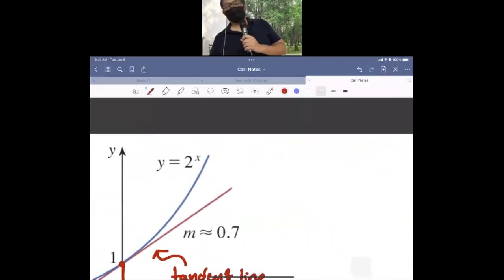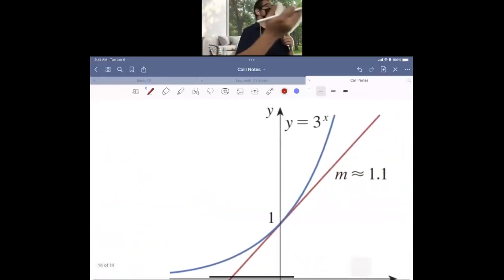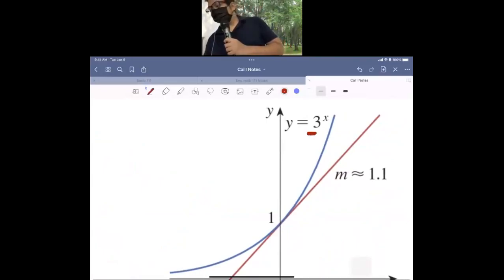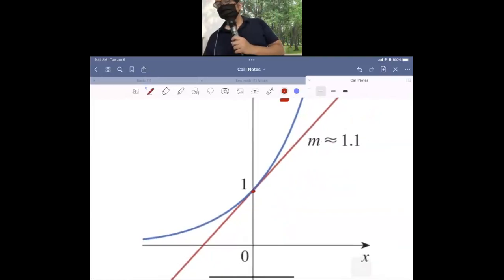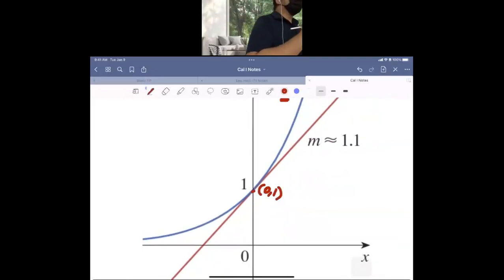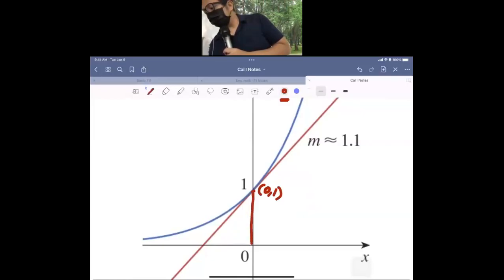And that is for this 2 with power of x, okay? And then we have 3. We change the base, and of course, it will change our computations also, right? Our calculation will be different. And we did the same thing with this 0.01. We take our tangent line on that point, okay, on that point,